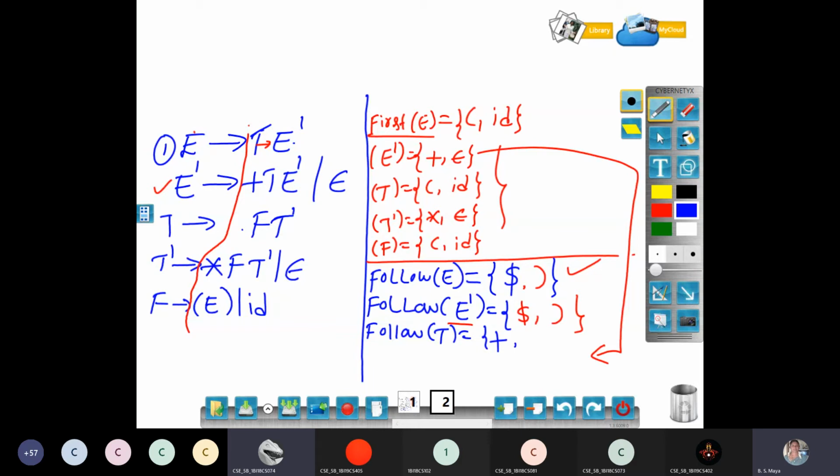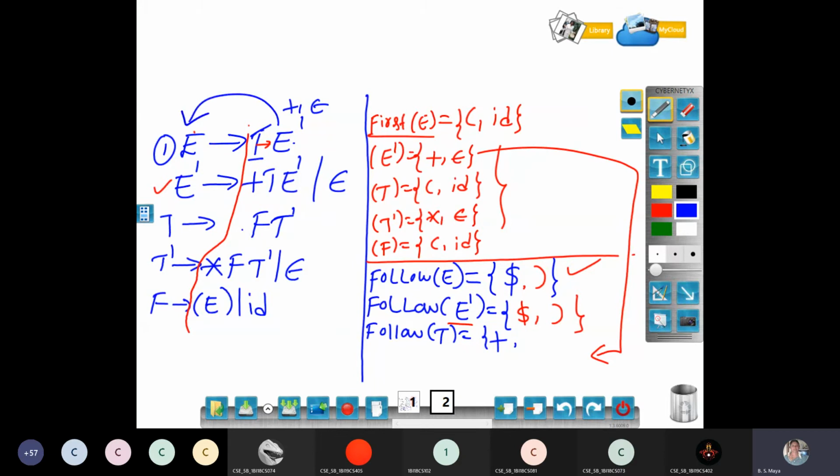Why? What does the general rule say? Epsilon does not come in follow sets, so we don't need to copy it. If we don't copy epsilon, what should we put instead? Follow of E, ma'am. For the follow set I am computing for T, it has plus and epsilon. I copy only plus because of epsilon, which means this terminal is not there. I should go for follow set of E.